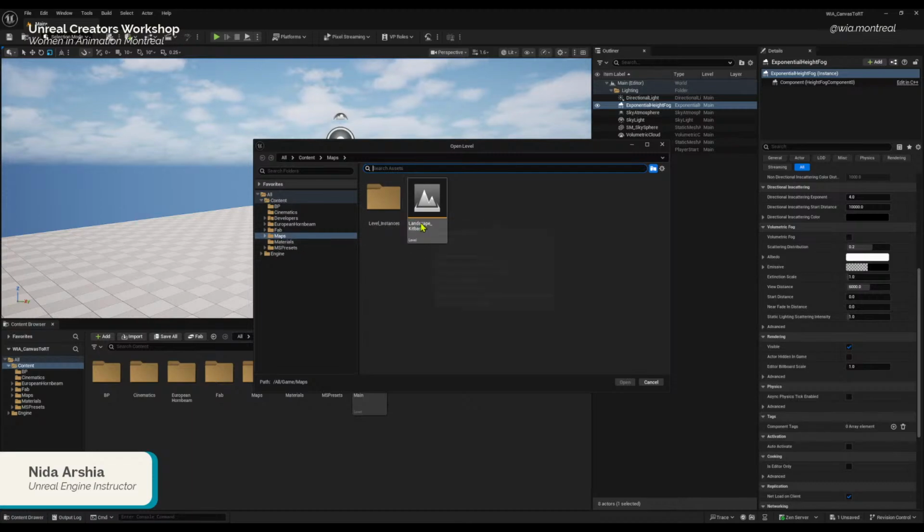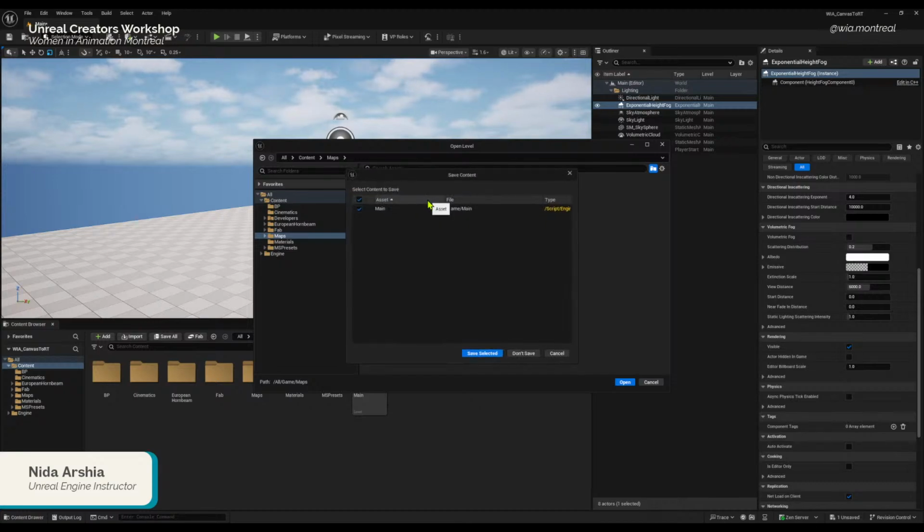The Maps folder is going to have this level called Landscape Kit Bash. We're going to open it. I did some adjustments to the floor in the main level, so it's asking me to save. I'm just going to click on Don't Save.